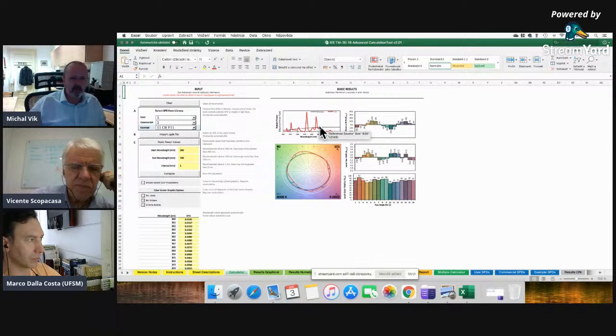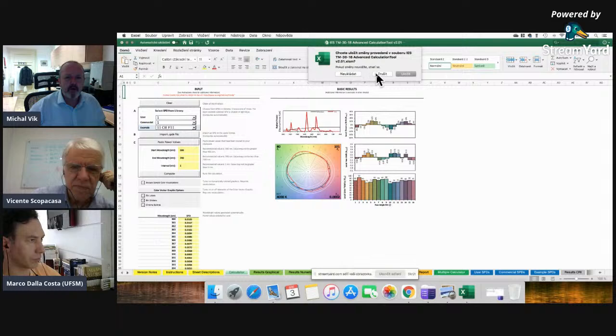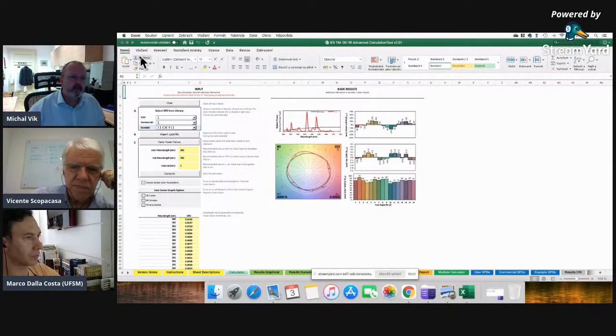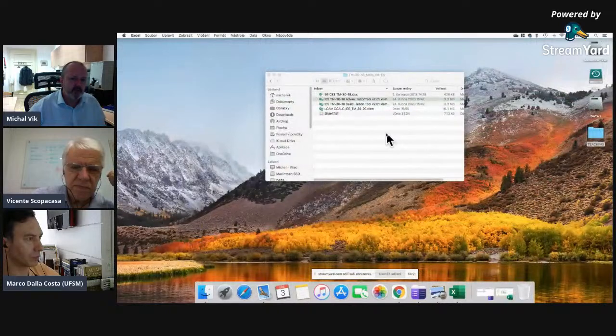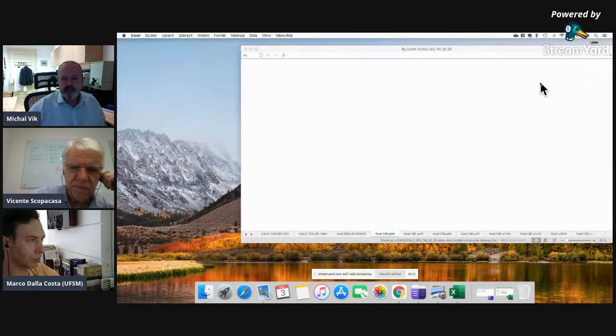I think it is also very good for people who are working with colorimetry and lighting technology, because as I mentioned, here we have the opportunity to check different spectra. If you have